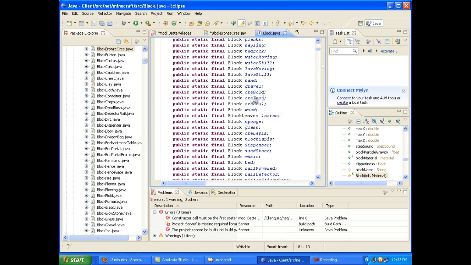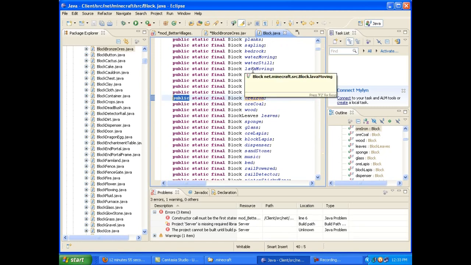And the block ore iron is probably the simplest part. It's simply a variable block of name ore iron. The public static final right here first means public, which means that anything that can see block, and we already discussed files seeing other files with package in the last video, public just means that any file that can see block can access this variable.